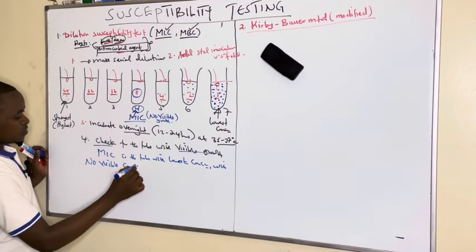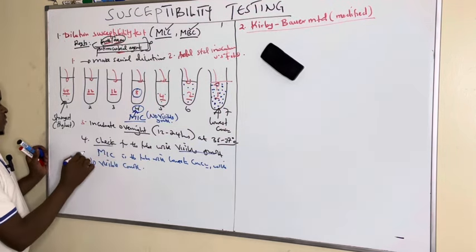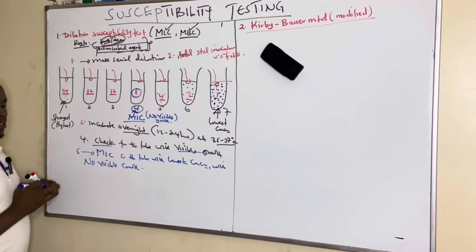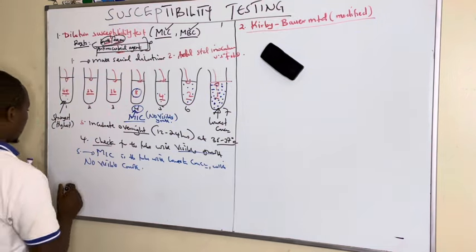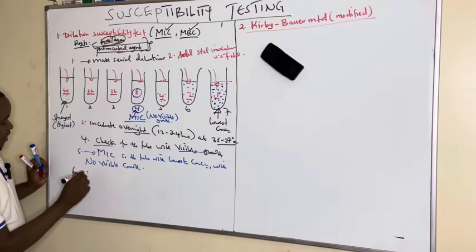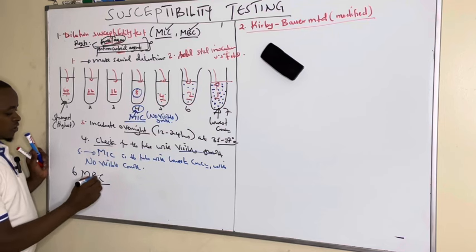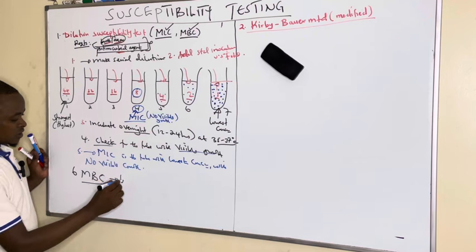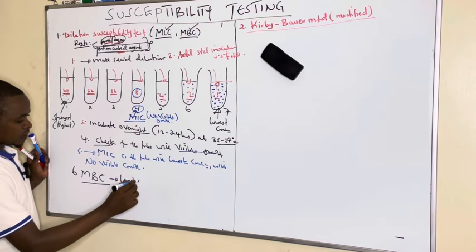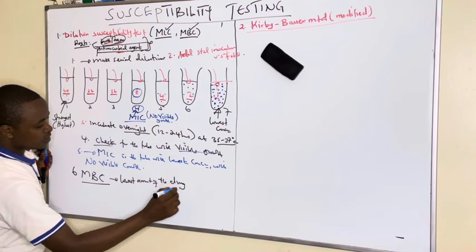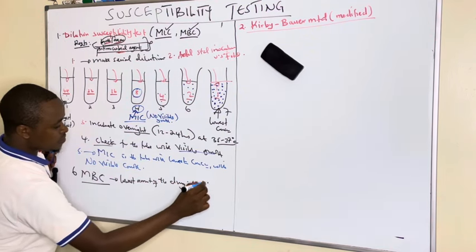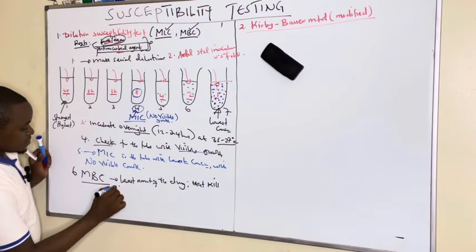No visible growth. So after determining the MIC, which is the minimal inhibitory concentration of the drug, then we can also determine the MBC. What is minimal bactericidal concentration? Minimal bactericidal concentration is the lowest amount of the drug that can kill 100%